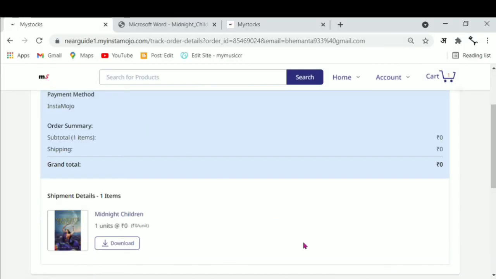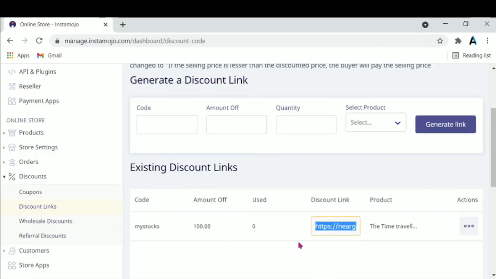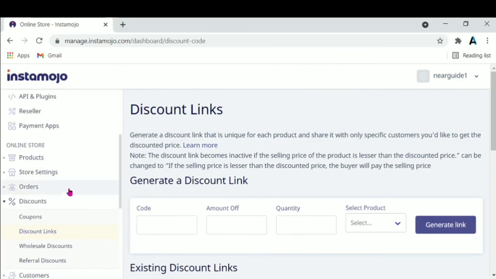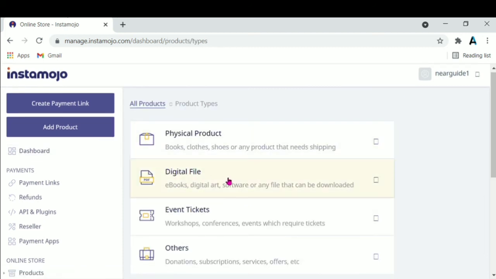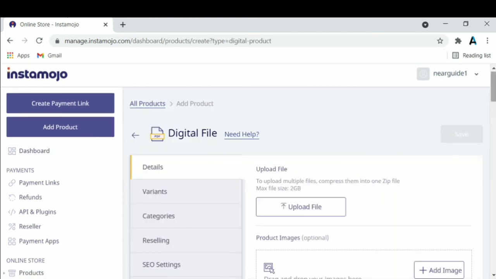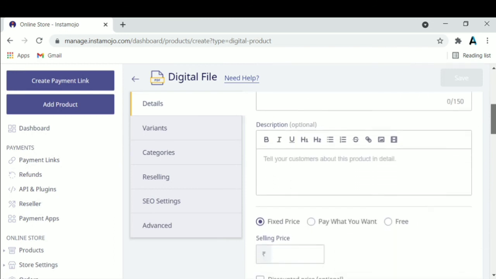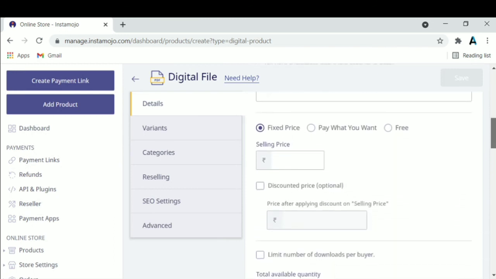Like this, if you want to add more product on your store, then go here add product, then click here digital file and add your product like before. Okay. If you want to create an e-commerce store on Instamojo, then click here and see this video.